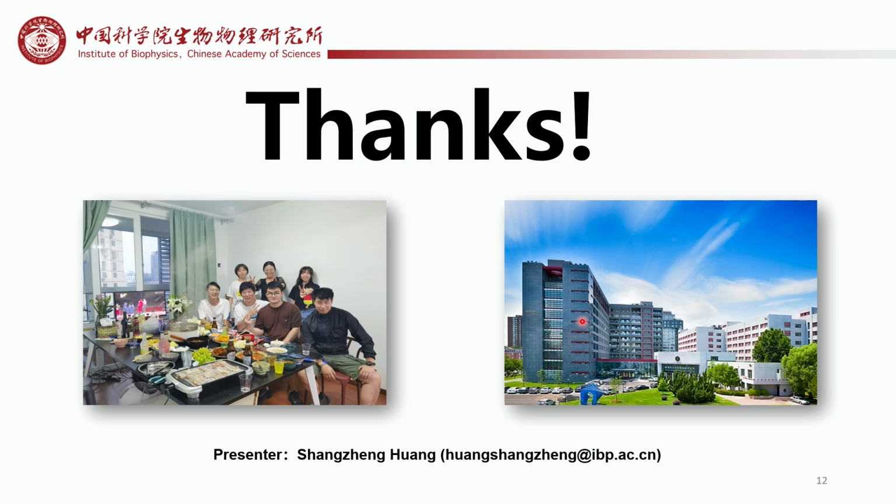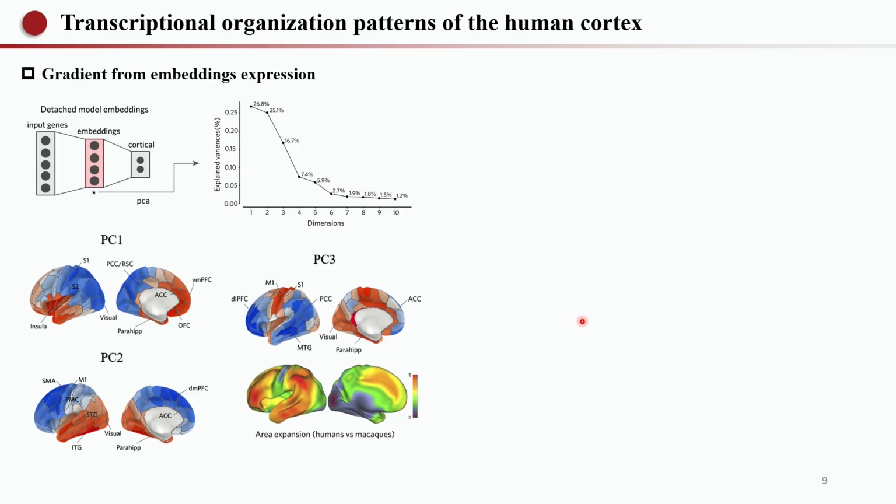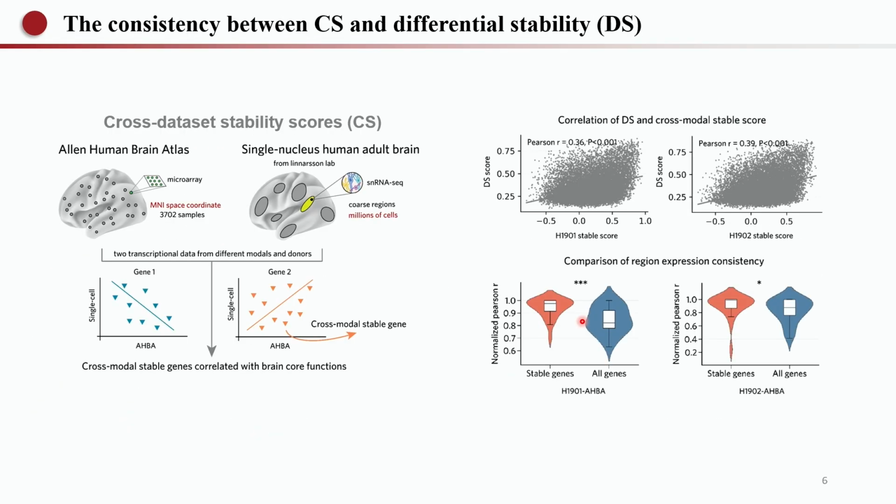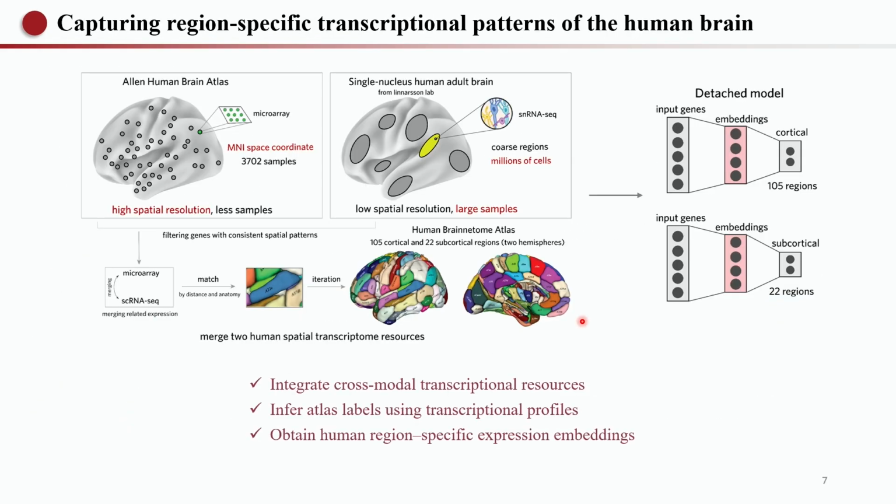Do you have a question? Yes, thank you very much. I was wondering how you accounted for the cell populations and the proportion of cell populations that you may have in the different samples. I think, as you mentioned, the Allen brain samples very precisely, while the single cell data can consist of many different cell populations. So did you account for that in your comparisons?